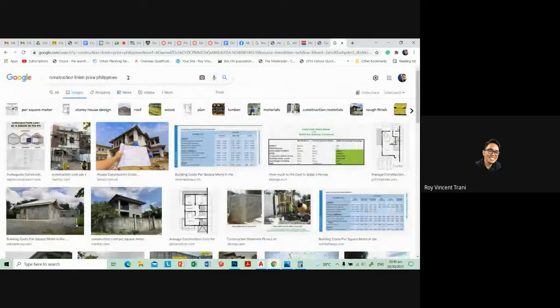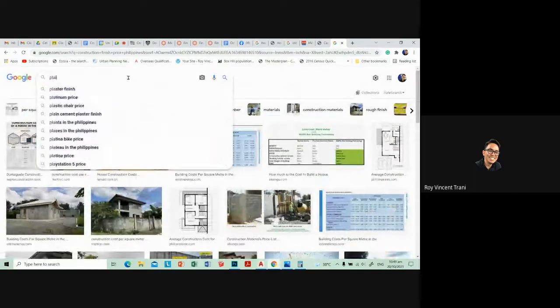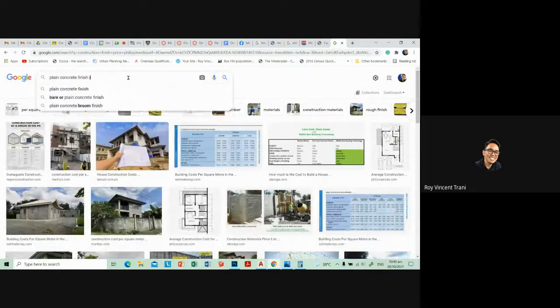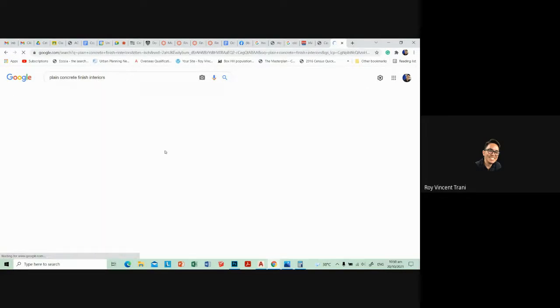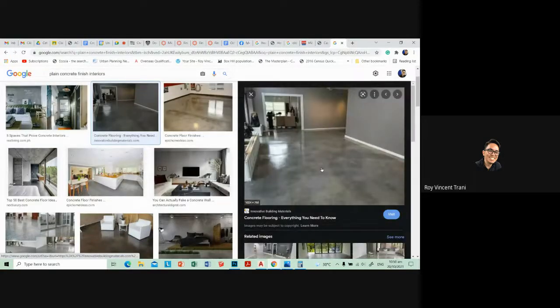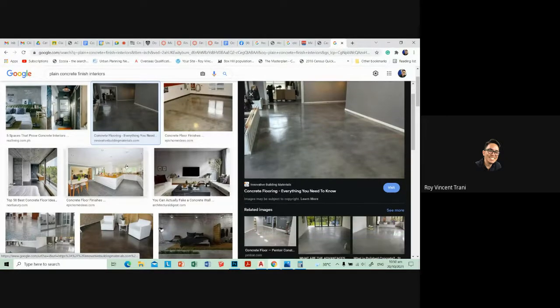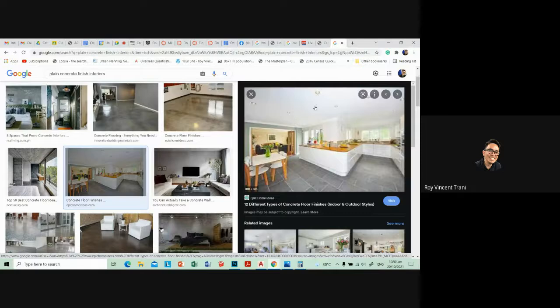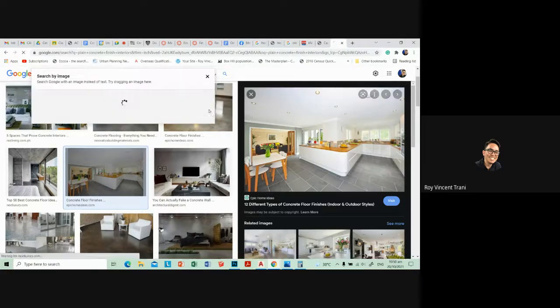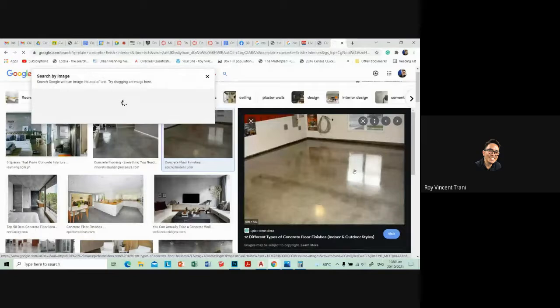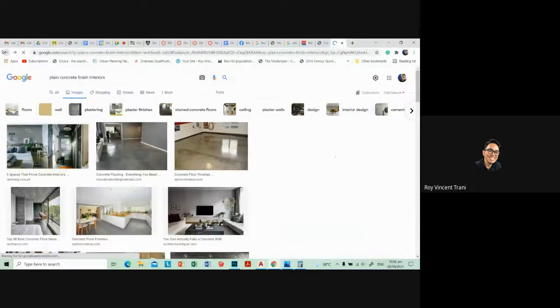So let's see plain concrete finish, interior. They would look like this. So just plain concrete finish, similar to what you saw in the Safad building. The more expensive will be tiles like this, painted walls. This would very easily be around the 60K per square meter range. But you can make your concrete finish look good. So like this. So this will be probably another